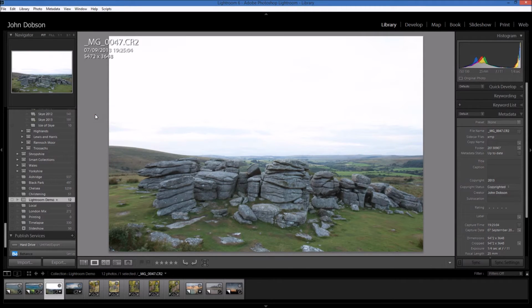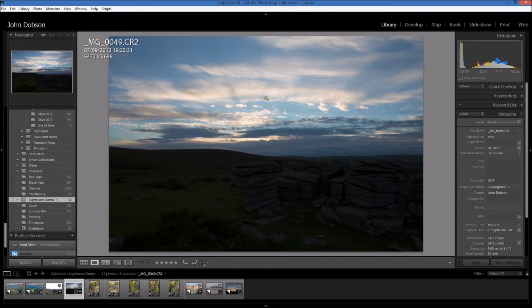This is a photograph I took in 2013 down in Dartmoor, and clearly, you can see that the sky is terribly overexposed. This is what the sky looked like, but of course, to get the sky right, I had to underexpose the foreground. Now, could I have done this with a graduated filter? Yes, I probably could. I'm not particularly a fan of using graduated filters because I find that they have an undesirable effect. But nevertheless, this is